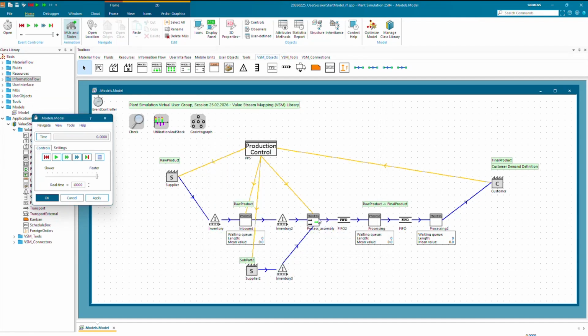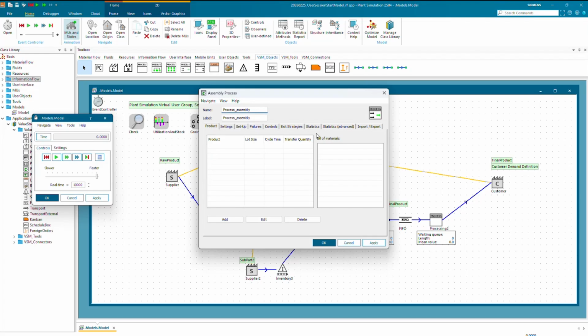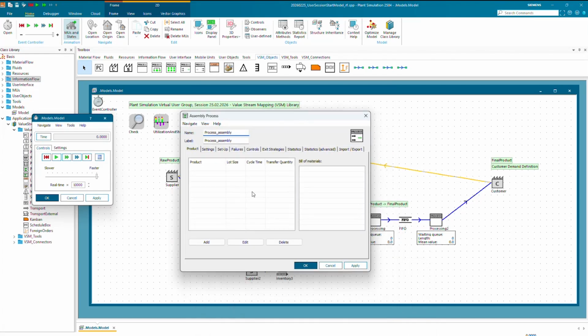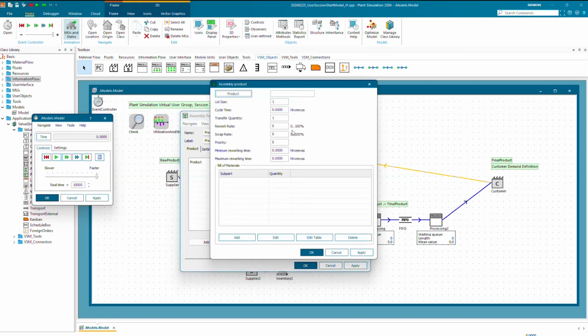And then we would have here the process assembly. So right here, we have a kind of different view because it's the only station which can combine two different base products. For the other station, it was always base product transition to main product. And right here, we would add an assembled product.